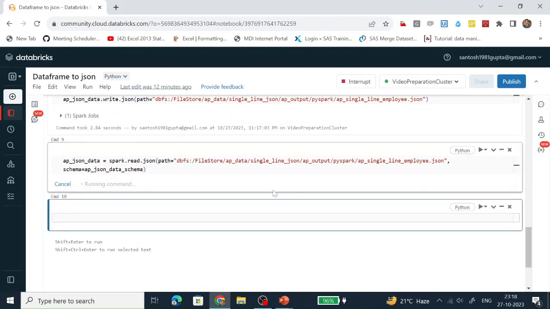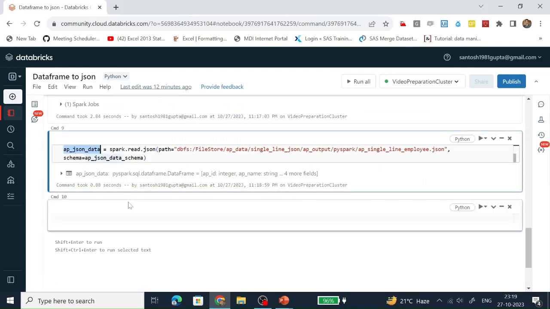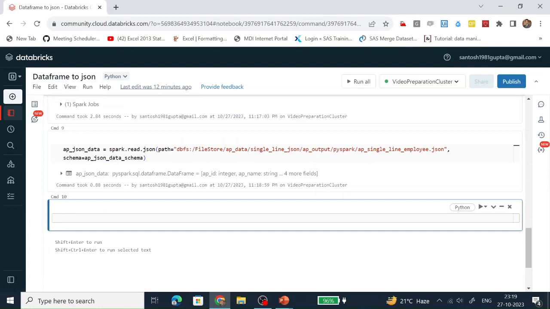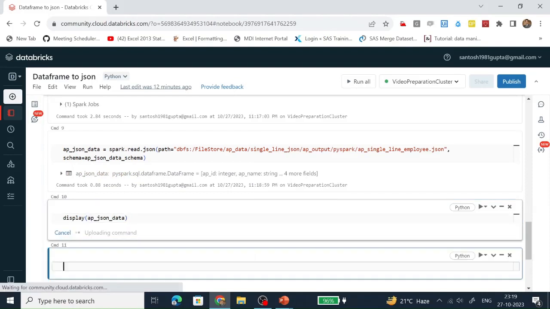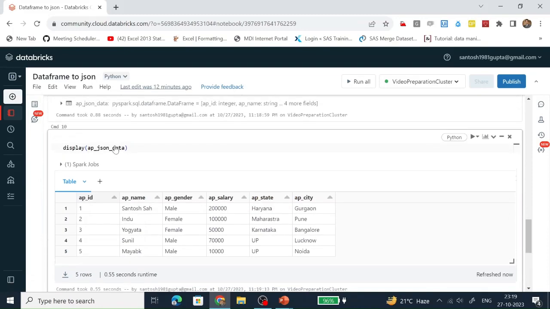Let's run it. The data frame gets created successfully. Let's see the content. See, this is the same content.